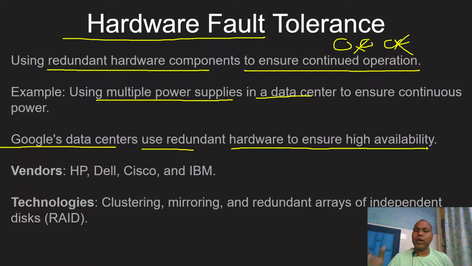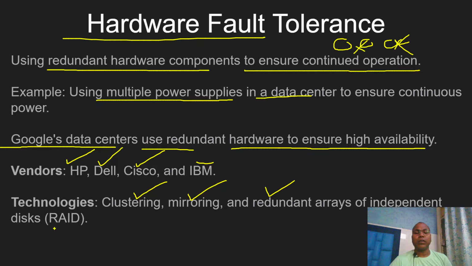Whatever hardware we use for redundant servers, please ensure it is very capable of availability. Maybe you can use HP hardware, Dell, Cisco, IBM. These vendors provide hardware that is managed and fault tolerant. If a failure happens, they give an option to switch to another. We can also use technology to implement clustering or mirroring or redundant array of independent